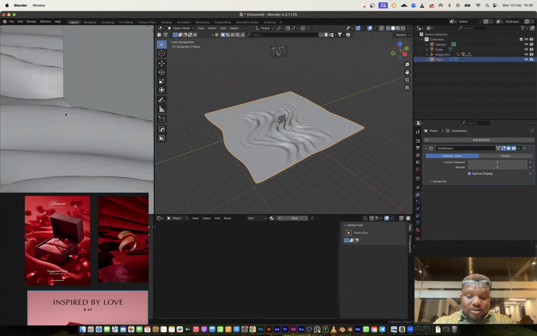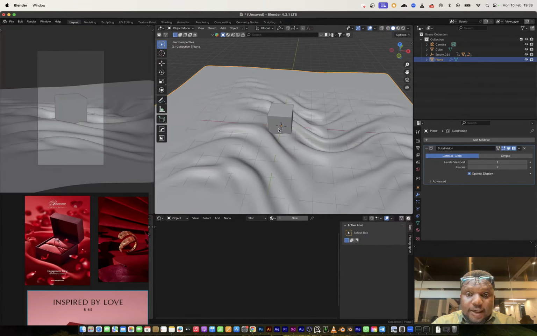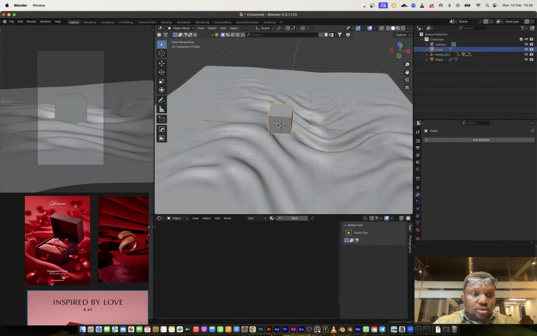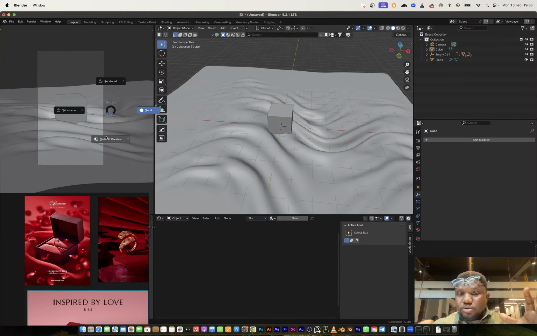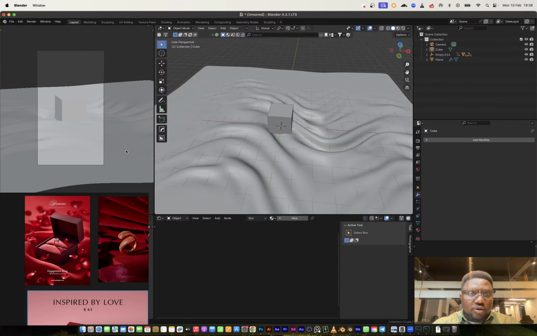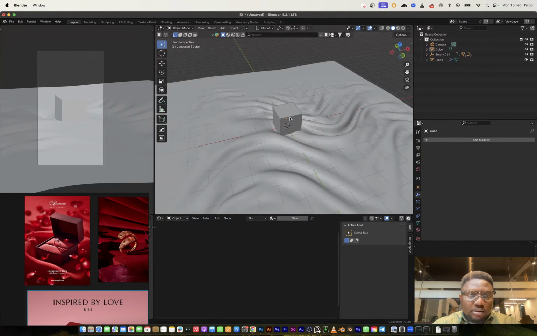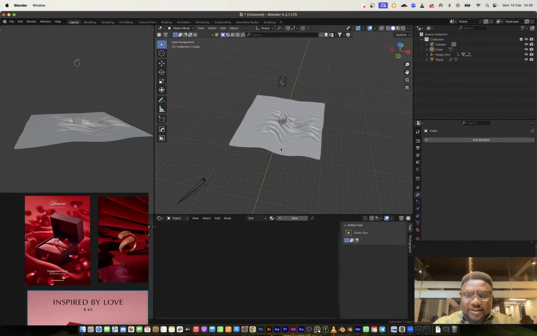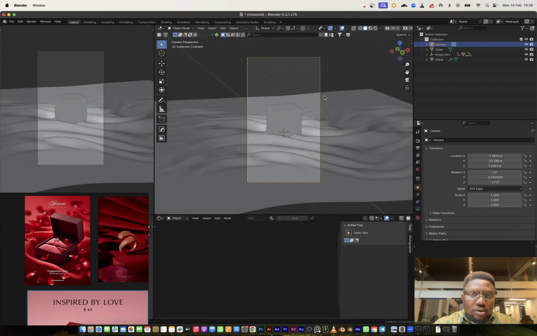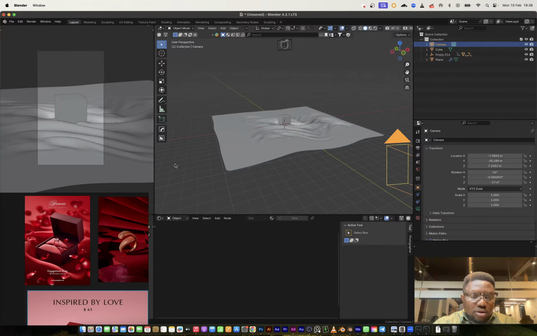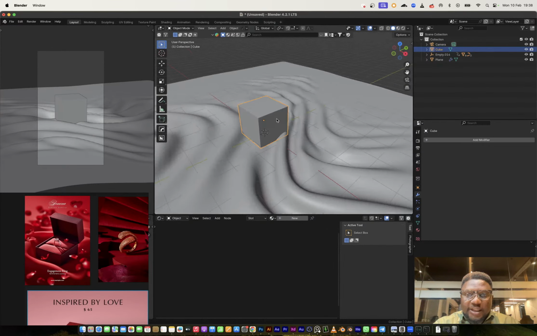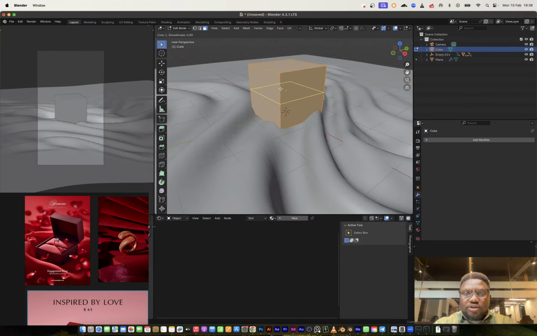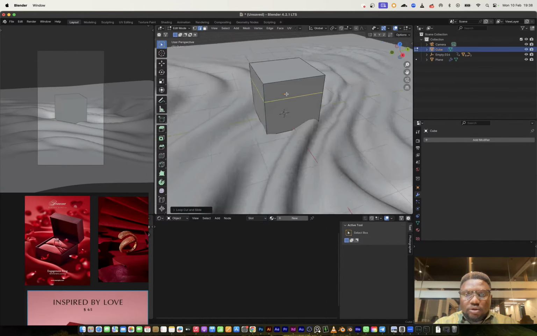So we're going to... This is a good camera angle. I don't want to switch to rendered mode so I don't overload the stream. I want to see what this looks like. I don't even know if my composition of this shot is good. I am not sure. Maybe let me just start modeling the box. I feel like from there I should get a feel for what's working and what's not.